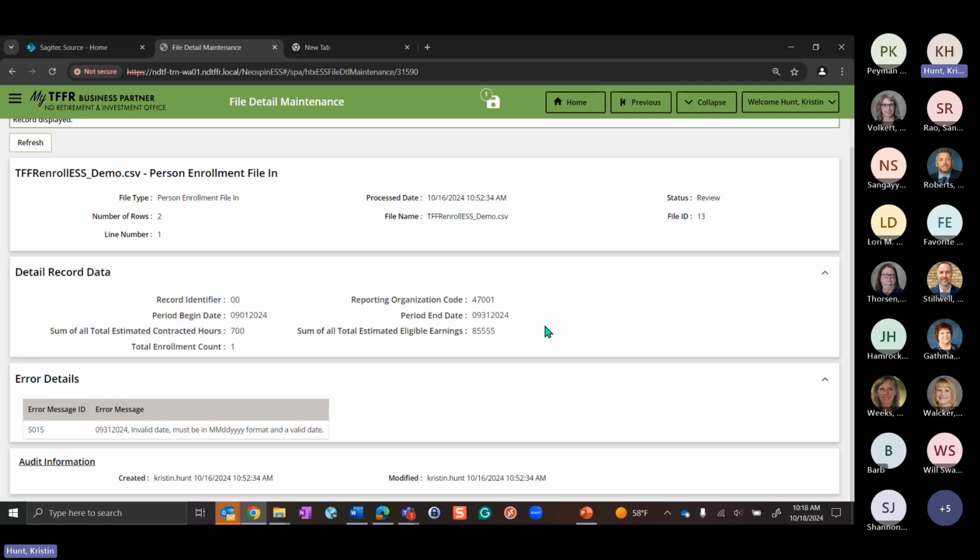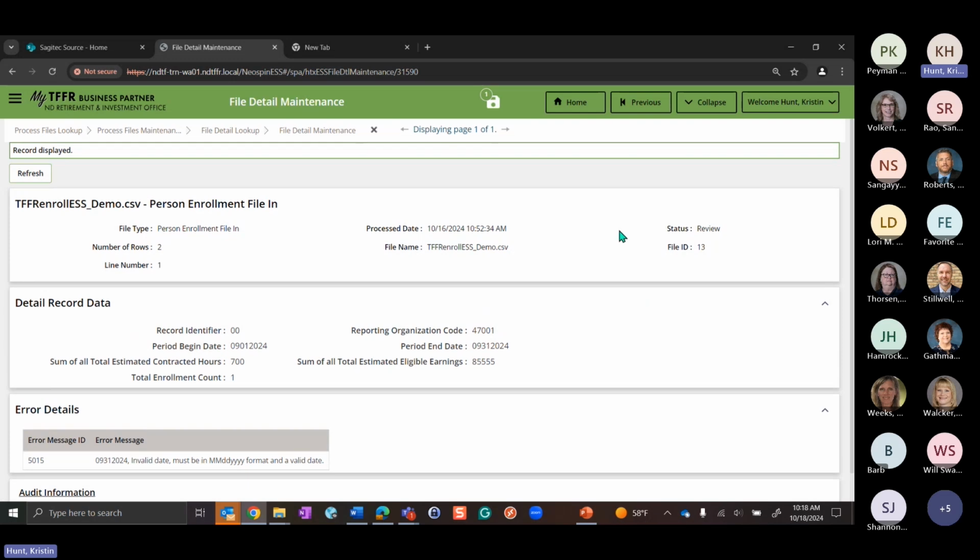Okay. Now this is where I think it's important to note when you're doing these files: you can't update it here. You'll pull this file open and update it within the file. You'll correct this period end date and put the correct date here, and then you'll save it, and then you'll re-upload the file. And then once you've done that, you'll hopefully get that process that I did the first time. Are there any questions about that? I know this is probably new for you guys, but that's how you can troubleshoot when you're uploading a file.